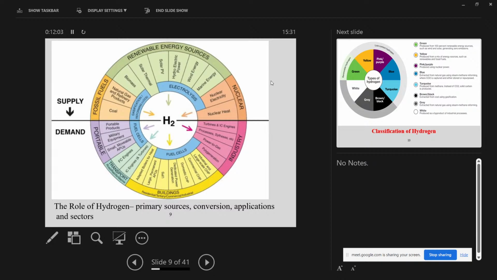Okay. So this will give you a graph of the overall supply and demand of hydrogen in every sector. If you see the upper portion of this supply, it is going to be fossil fuel, renewable energy sources, and nuclear, and each can be subdivided into various parts. For example, if we talk about the fossil fuels, we have coal and natural gas. In the renewables, we are talking about different sources, so geothermal and any other kind of materials, and the other part is nuclear.